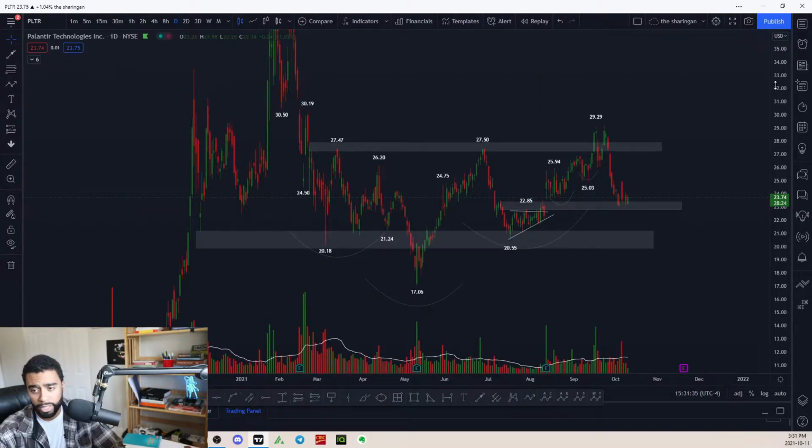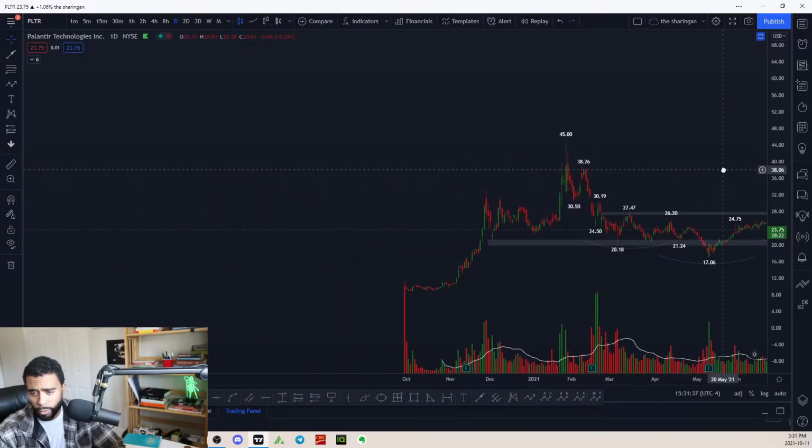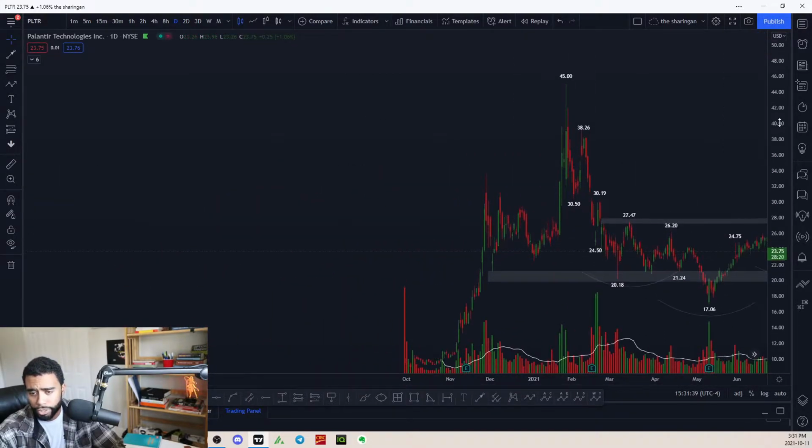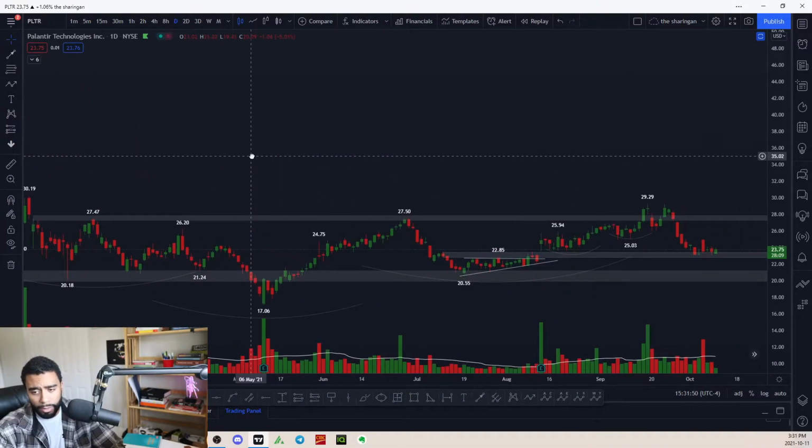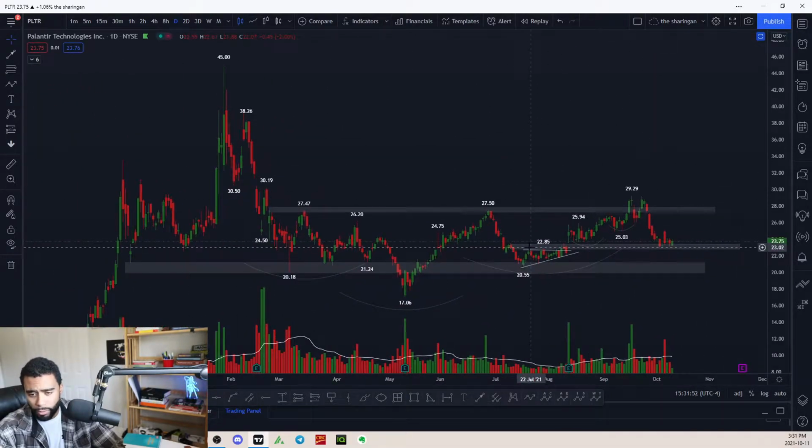As you could see, PLTR doesn't like to do that anyway. We got played out a bunch of times in this range. We had this pattern and a bunch of fake outs. Over here, another fake out. So it's like, man, we're just going to let it develop. We're not even going to really worry about it. I think we got this